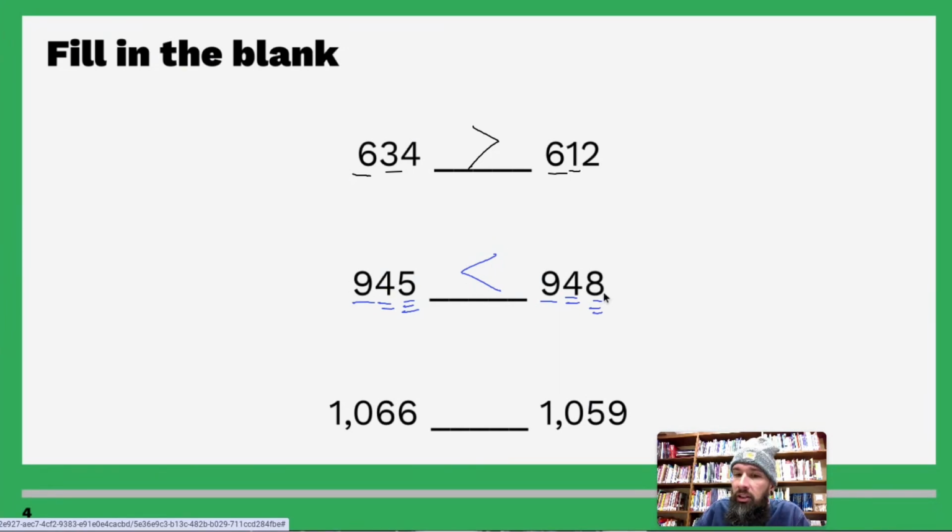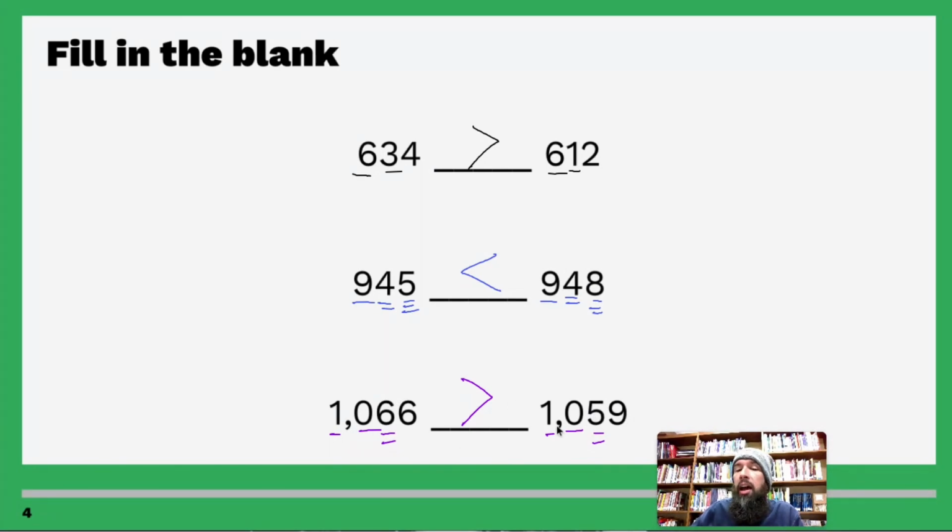945 is less than 948. 4 digits, my gosh! I'm scared. Don't be scared. I got you. Okay. 1 and 1, can't do anything. 0, 0, can't do anything. 6 and 5, 6 is bigger than 5, so the alligator is going to eat the 6 and leave the 5. So then we would read this as